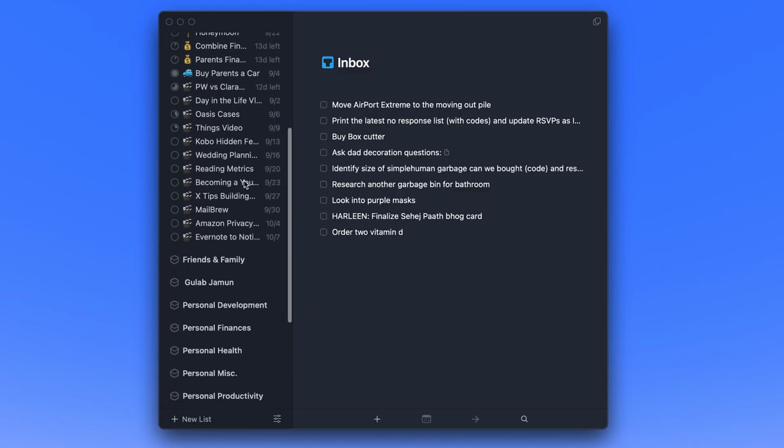It took me a very long time to get to this point, and I really hope this is helpful to anyone watching. I personally use the app called Things 3, but the system I'll be showing you could be used with any application. And I want to break this video down into 3 distinct parts.